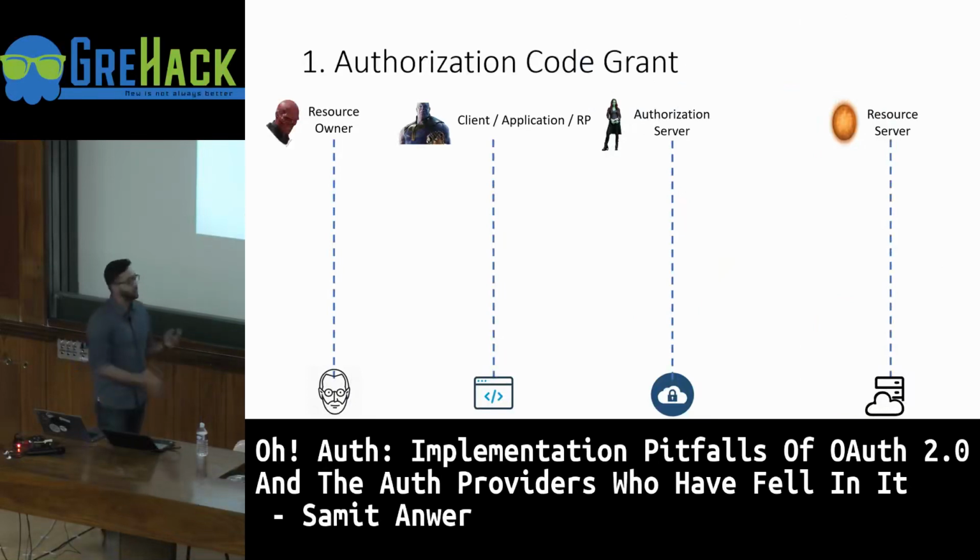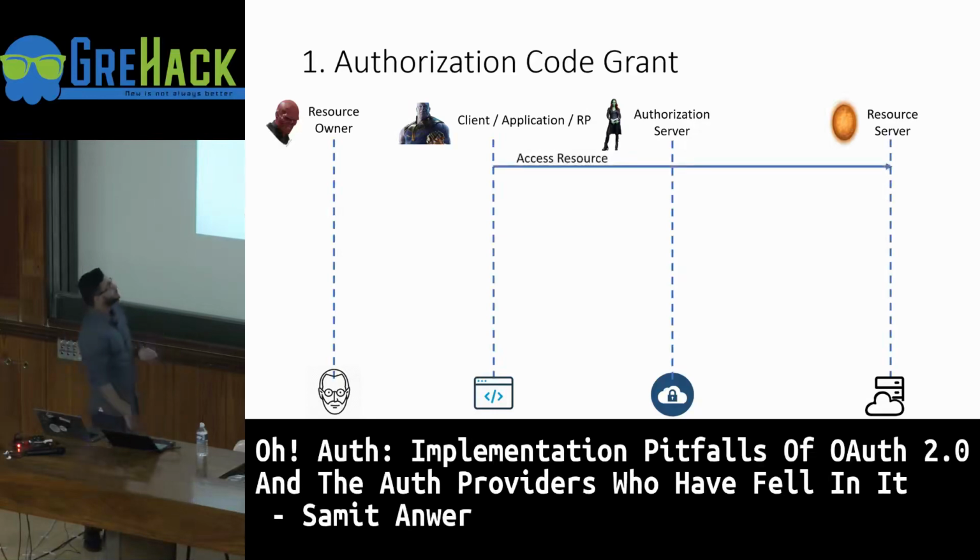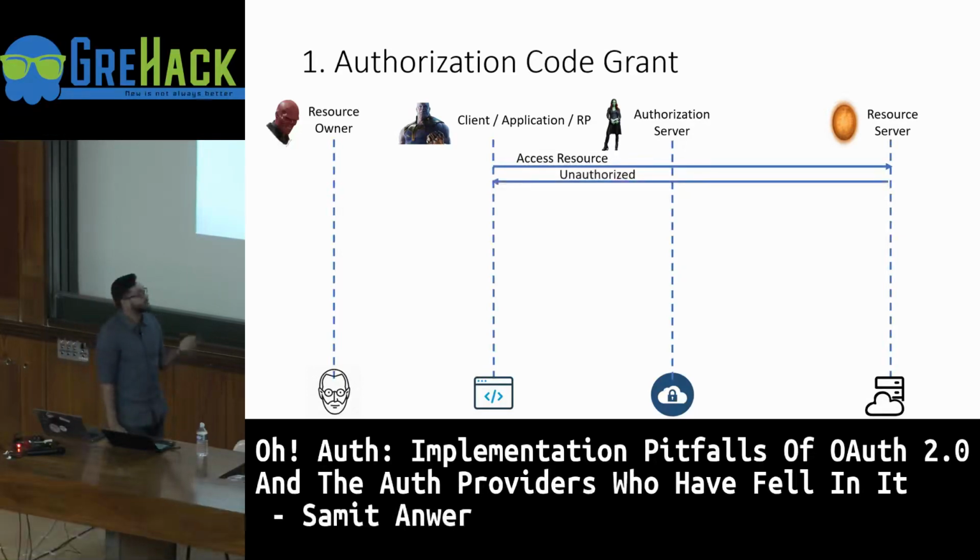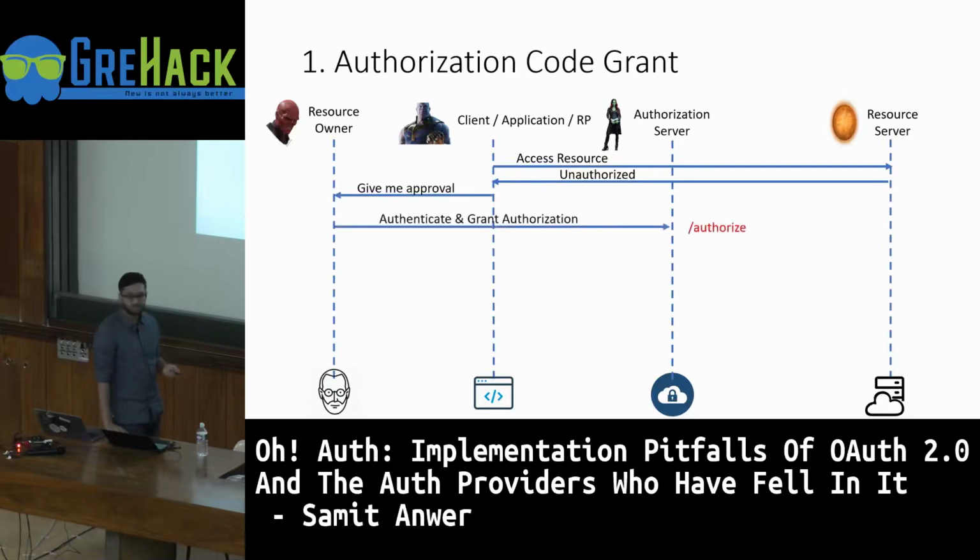So let's see the flow in a nutshell. Now we'll discuss more details on it. So client or Thanos wants to access the Soul Stone or the resource. He hits the resource endpoint and gets an unauthorized message because he doesn't still have any access tokens with him. So the client then redirects the end user